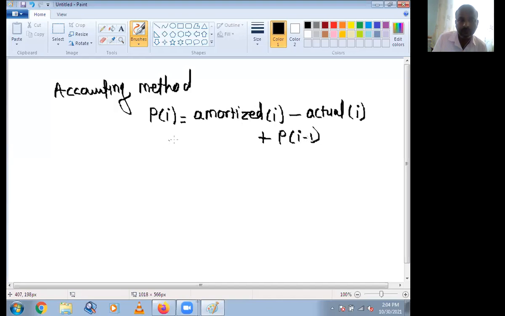This is the formula for the accounting method. This is for studying only. There are no problems on this.